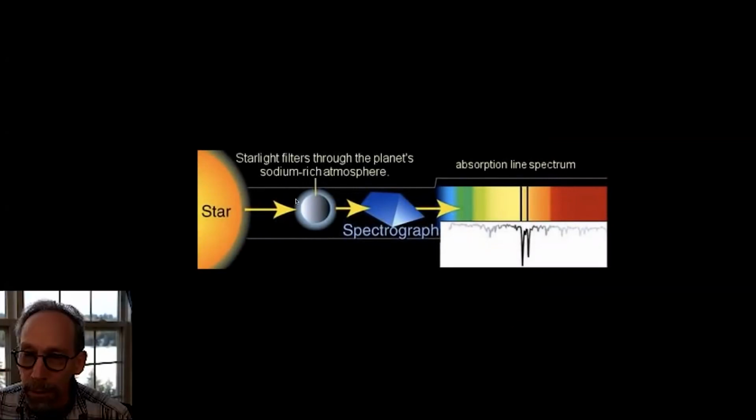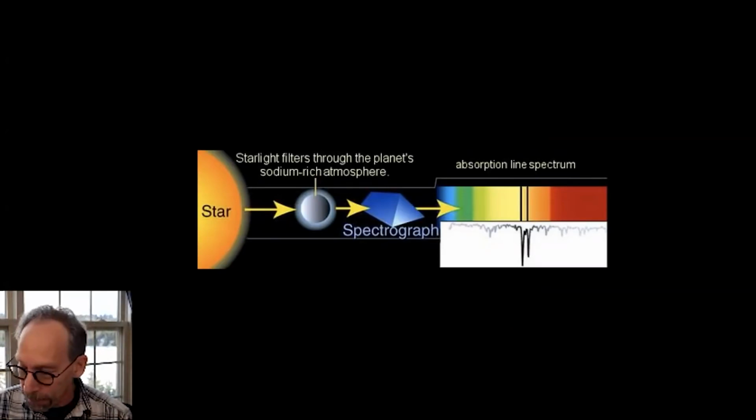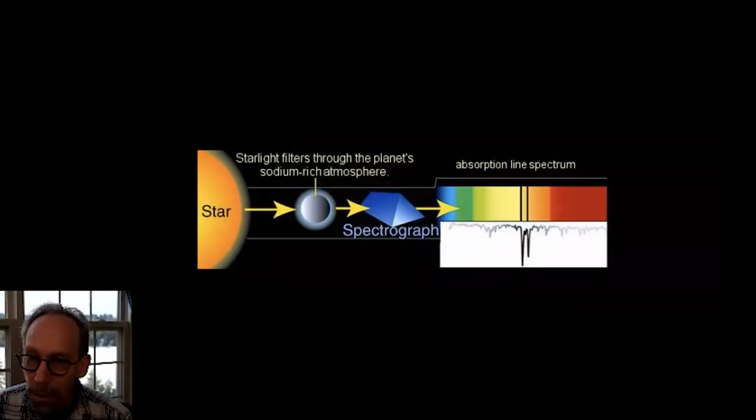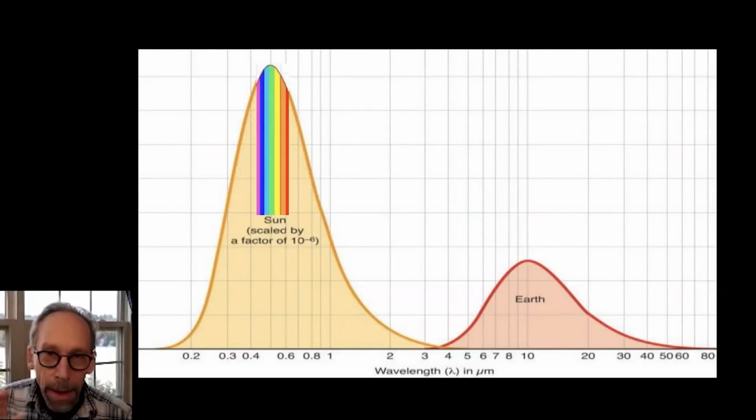The starlight goes through the planet, and if you look at the light traveling through the atmosphere, you'll see certain absorption peaks or absorption troughs where the element, like in this case sodium, absorbs starlight. Well, the spectrograph of the James Webb Space Telescope is going to be able to try and do that